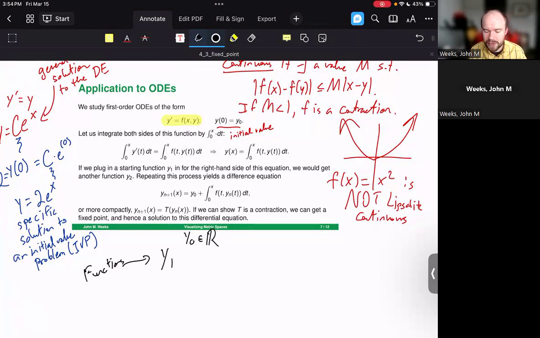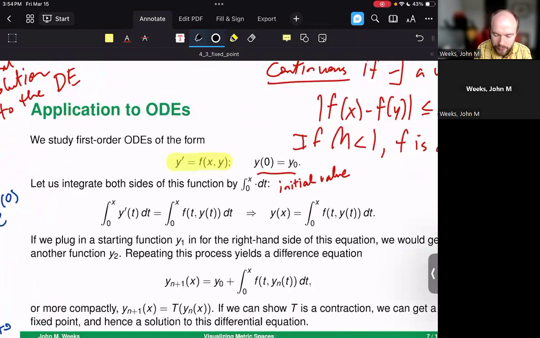And here's how I'm going to iterate this process. Starting with this ODE, I'm going to solve for y of x. This is probably the way that I first started trying to solve ODEs when I saw them. If I saw you had y prime on this side and you were solving for y, I said, okay, well, I'm going to get rid of the derivative by just integrating. We're going to take that naive approach here. We're going to just integrate y prime to get what y is equal to, and that's going to give us